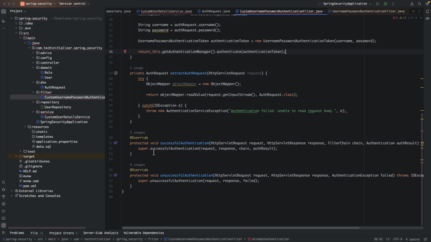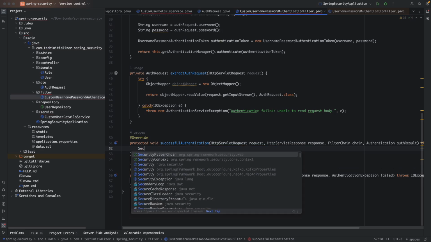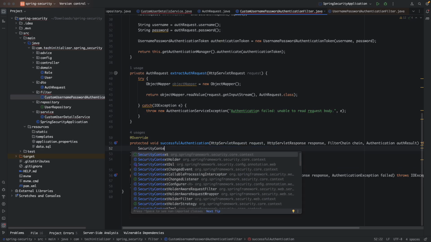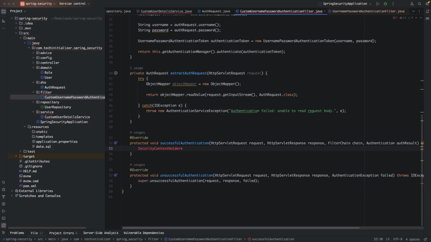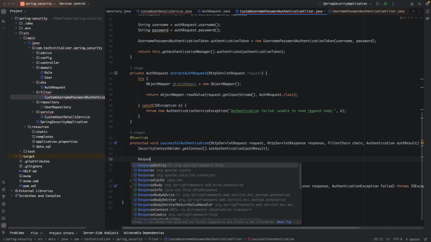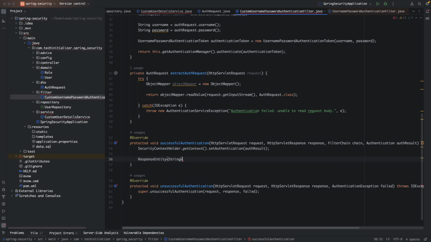Here we want to save the authentication token to our security context holder: SecurityContextHolder.getContext().setAuthentication. We can then send a response to the client saying the login is successful. For that we create a ResponseEntity of String, and we send the message "login successful",